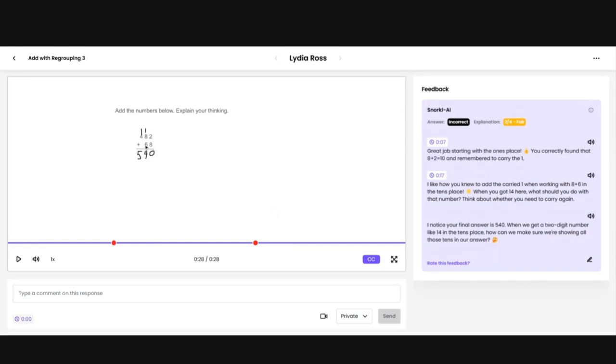So basically the AI is telling her, you need to rethink how many tens you added up right here, because she should have gotten a 5 and then carried the 1. So the AI did know that she didn't add those numbers correctly, and it gave her feedback to rethink that. So once she recorded that, if she read this feedback and realized, oh, I didn't do that correctly, she could